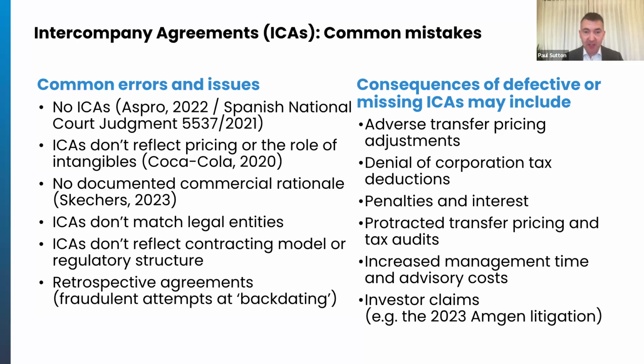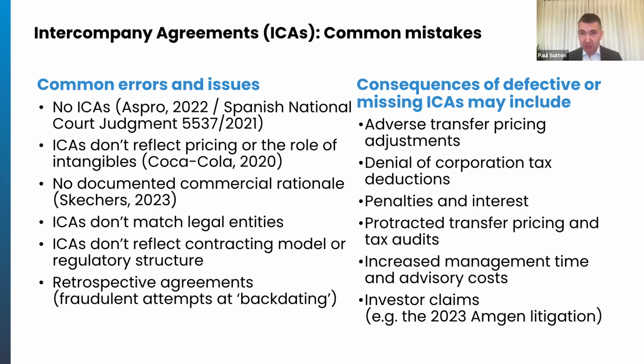Third key error is creating a structure and not documenting a commercial rationale. So this is illustrated by the case of Skechers, the shoe company, last year in 2023. It put in place a structure whereby it hived down. So this was a US structure. It hived down IP assets into a new subsidiary, and then there was a chargeback of royalty to the original operating country. And while it had voluminous tax-focused documentation explaining why this